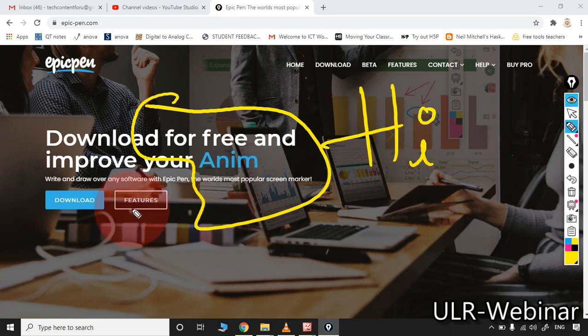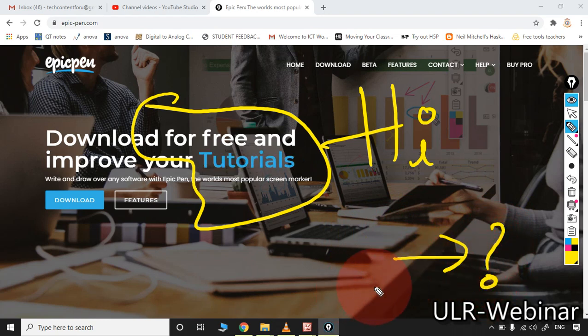Suppose you are recording a lecture, you are showing some diagram. Here directly you can ask a question, or here you can show the change in formula, then what is the expected result. Immediately here you can write something automatically whenever you are recording your screen by using this particular tool. So the corresponding website is epicpen.com.